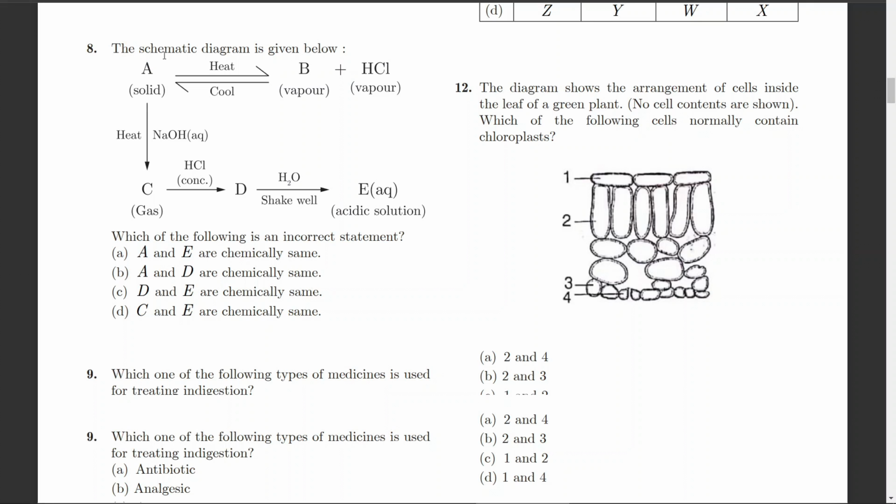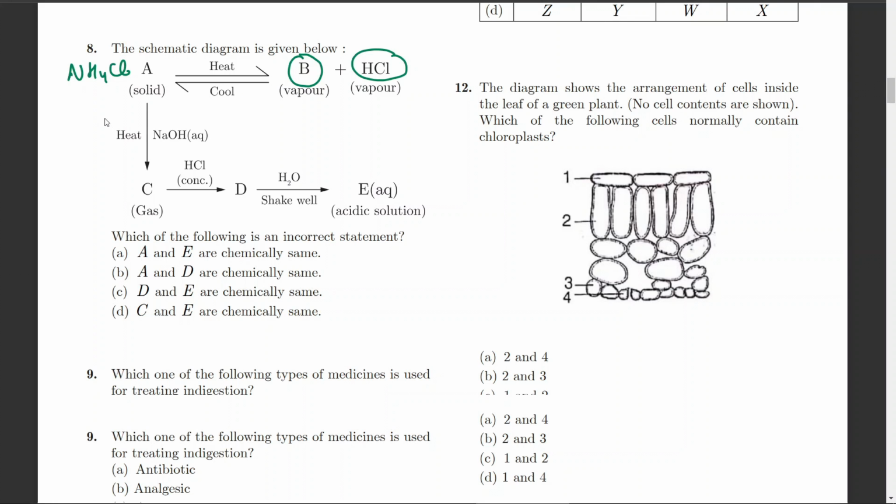So first you have solid A, right? You have to identify this solid first, right? Then the solid A, when heated, gives vapor of B and HCl vapors, correct? So also when solid A is heated in the presence of aqueous NaOH, that means aqueous solution of sodium hydroxide, it gives you a gas C, right? So now let us start with filling this diagram up. So option A, that is a solid A, is going to be